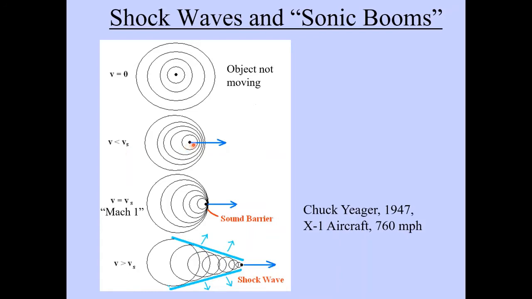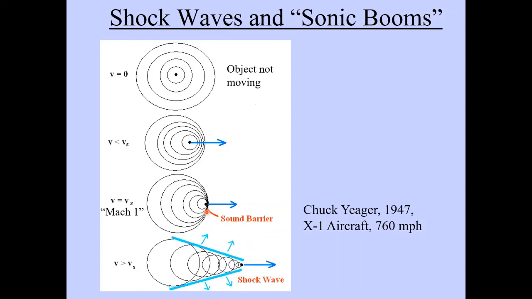But as this object gets closer and closer to the speed of sound, it eventually reaches the speed of sound, which is called Mach 1. And what happens now is the object that's producing sound is traveling as fast as the sound is trying to leave the object. So the sound waves are all piled up on top of each other, and this is called the sound barrier. It's a region of high pressure due to all of these sound waves just stacking up on